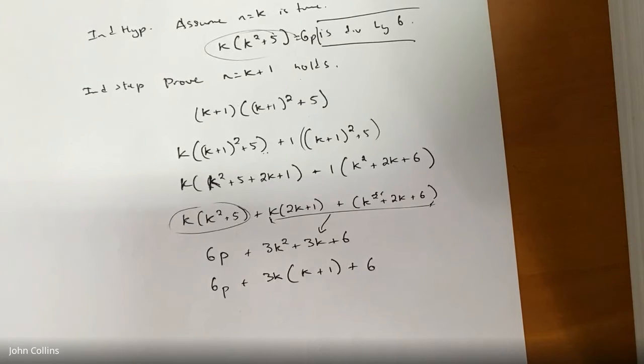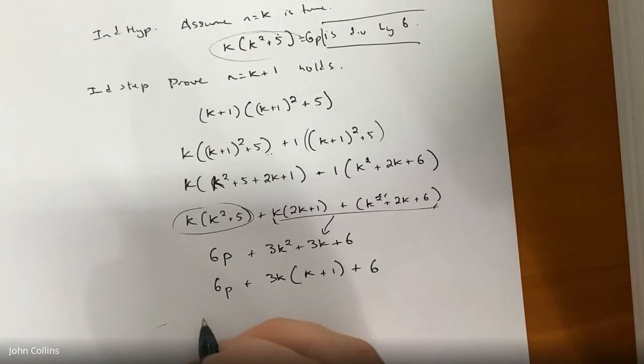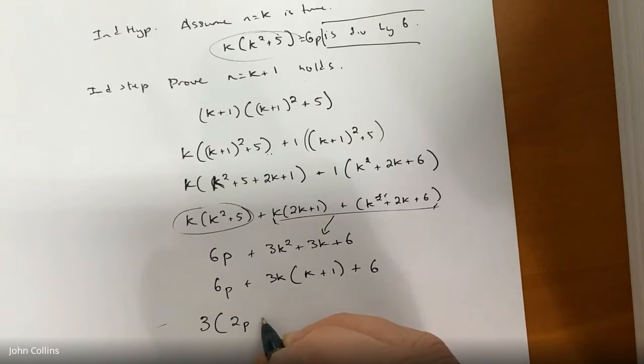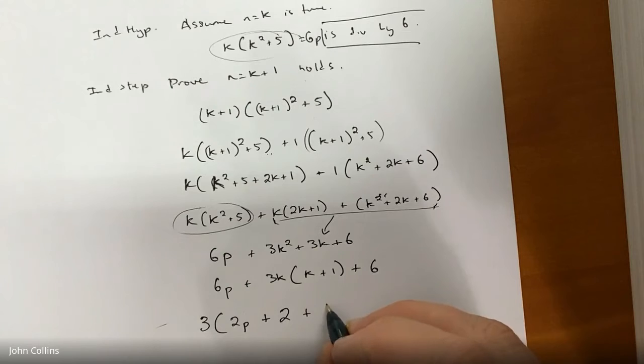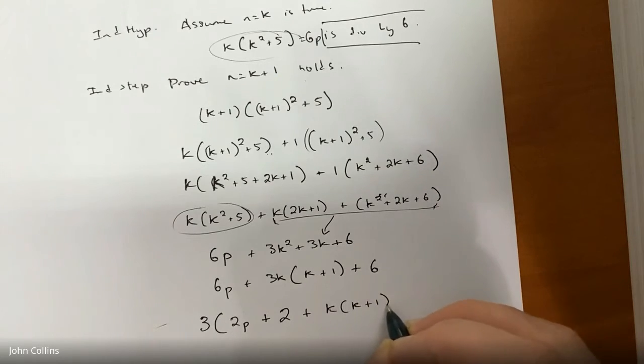You divide it. Oh, okay, out front here. Yeah. You need 2p. Yeah? Yeah, I wrote it as 2p plus 2, then plus the k, just to make it clearer. Yeah. Plus k times k plus 1 like that. Yeah. And then I said, since k, so 2p plus 2 is always going to be even, and k times